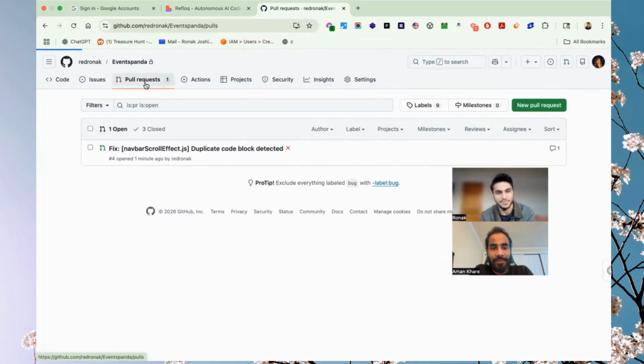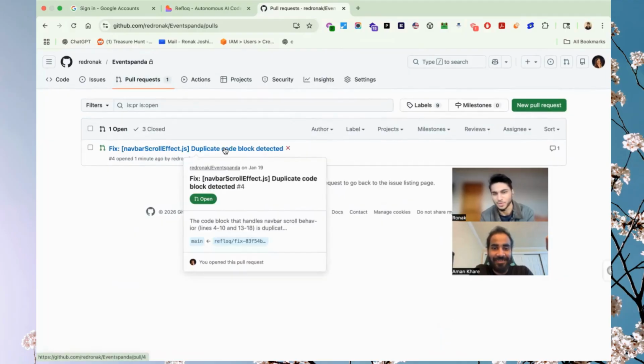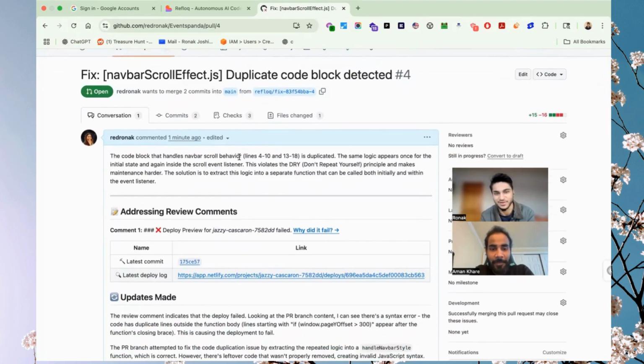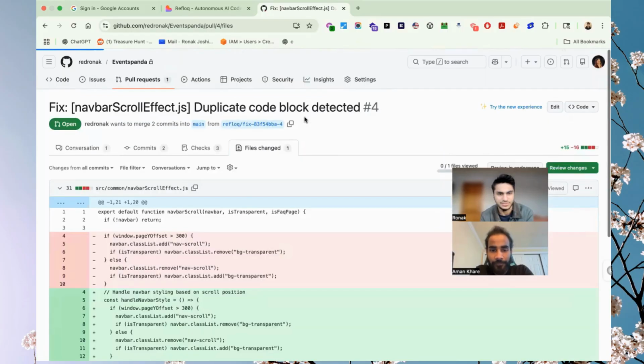So yeah, and now we have one more: duplicate code block detection. This is a different category of things. Let's see what duplicate code we found. We are still in the navbar, and there's a scroll behavior, like a navigation bar at the top, and we are still in that same file right now. Let's look into this. It's the same logic that's getting